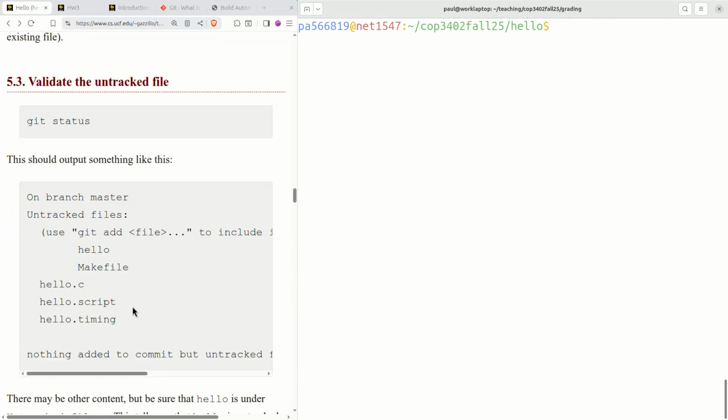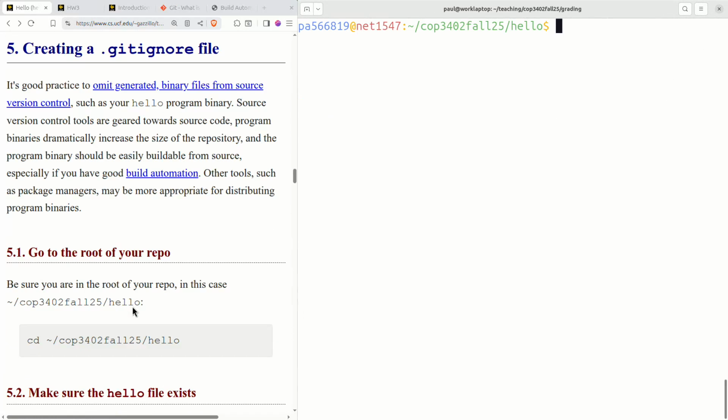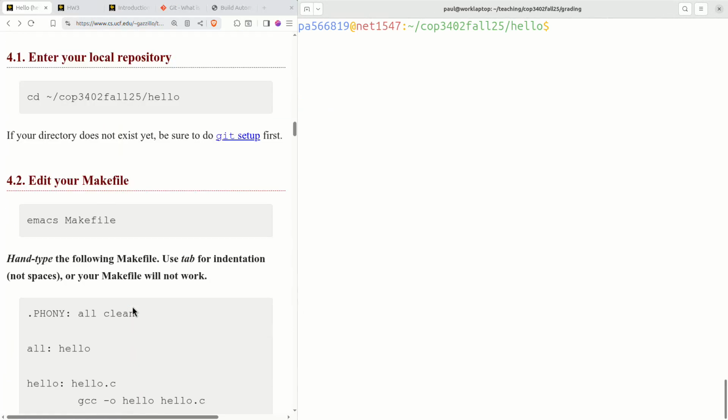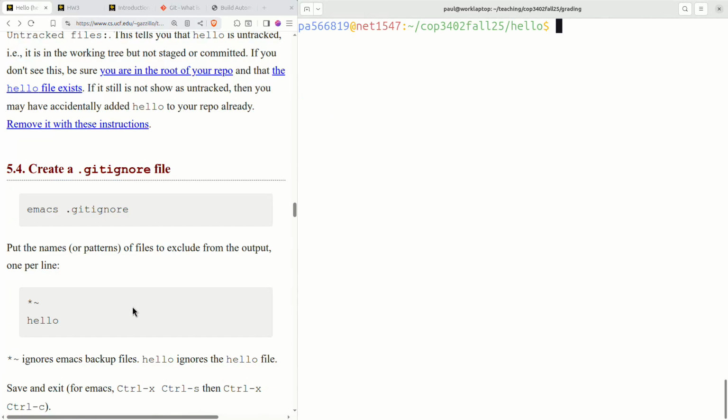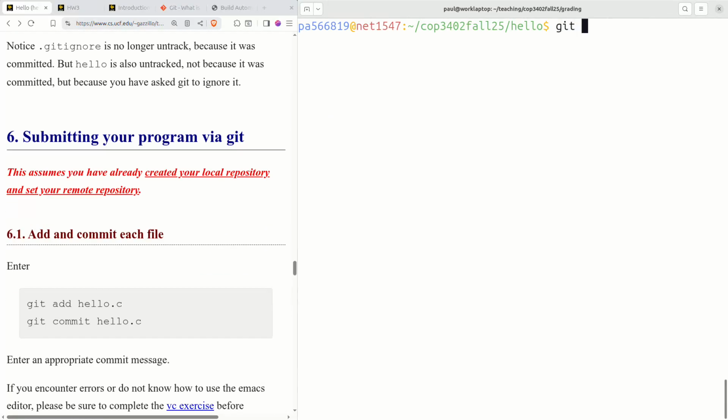Okay, so let me, where do I have this? All right, let me, I'll submit this so we can see what this looks like, and then I'll show the